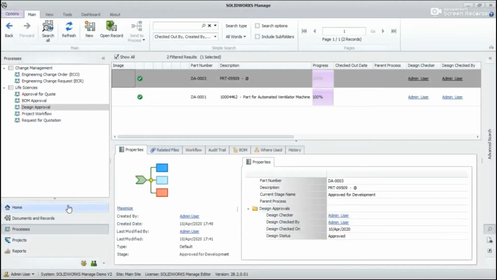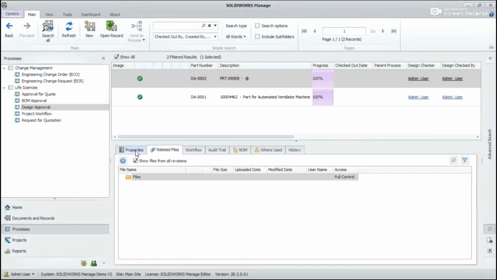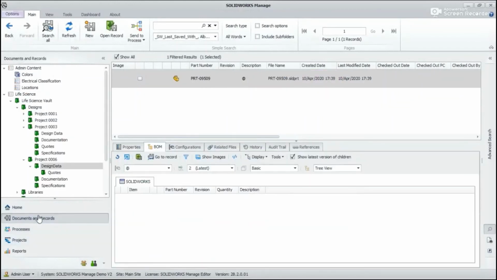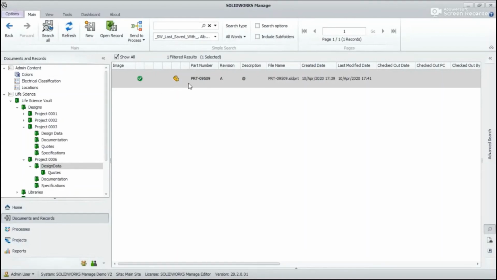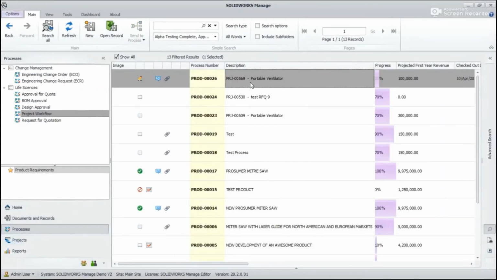The 3D model has been approved and it has been released in PDM as well. And you can see there is a revision called revision here which has been set. Now the complete set of 3D models has been designed and a production drawing or a pre-production drawing has been